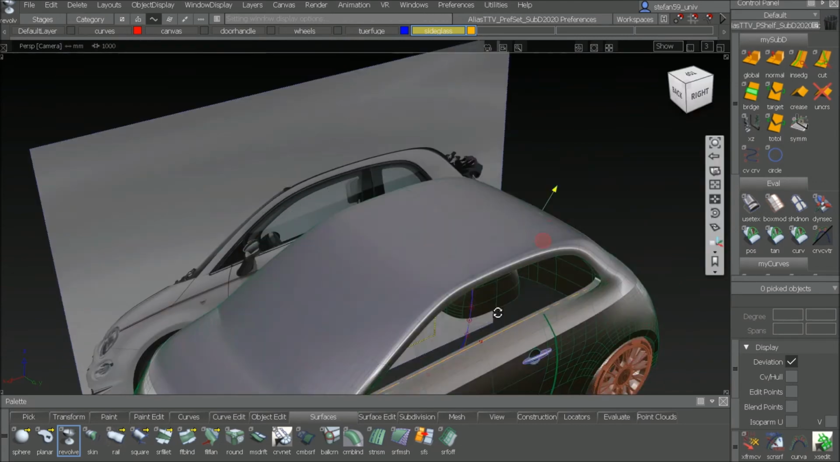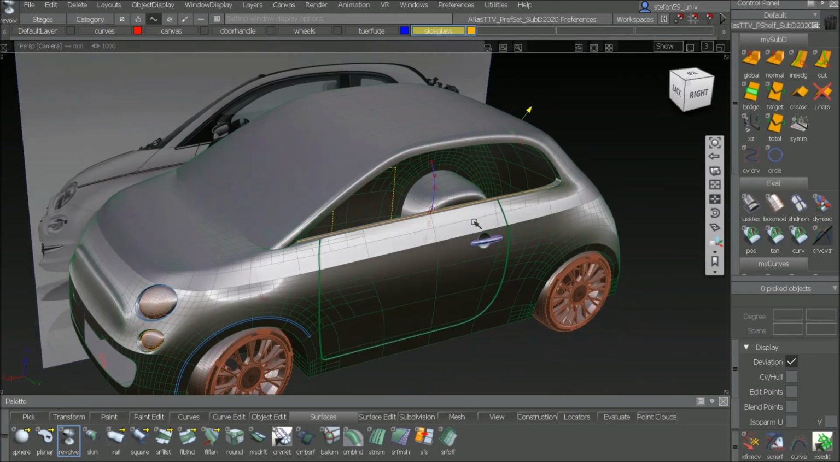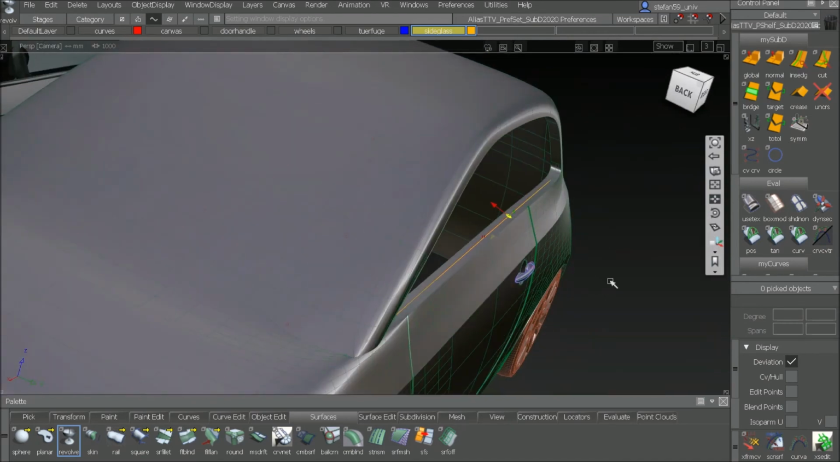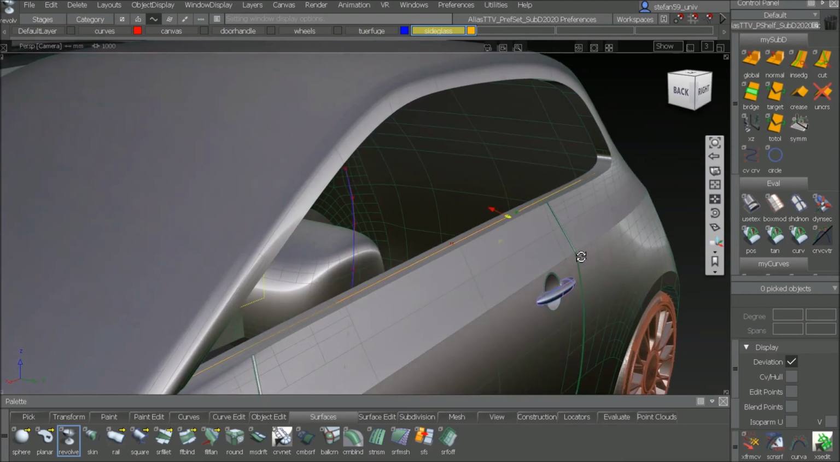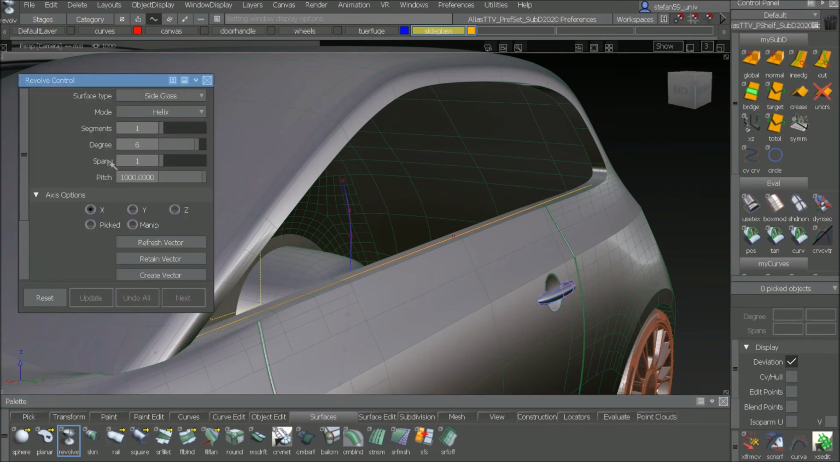I prepared something because I created a curve already, which is the belt line, and that's the section of the side glass. And so how can we create a side glass? Let's revolve for sure. And we have that side glass function. And if you have a curve for a start, then you can choose the option helix. So I take the curve,